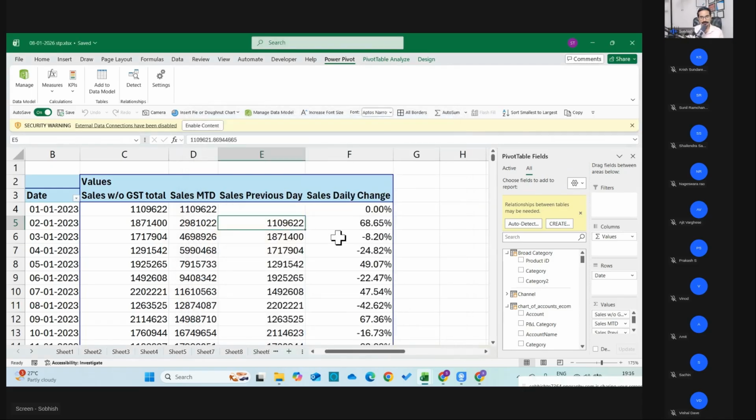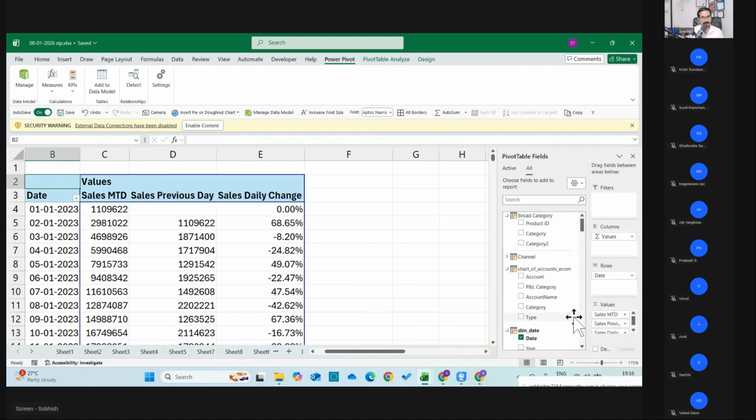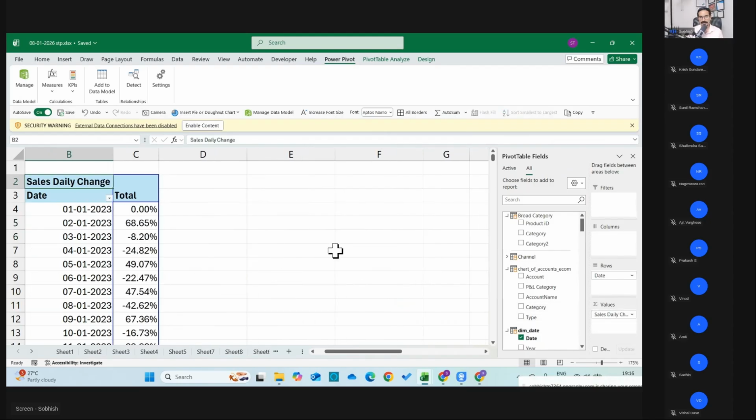Now this will give you the percentage here, right? So from 110, it increased to 187, which means there is a 68% increase. And then from there, it dropped by 8.2%. So if I remove this, and then if I just keep this, and then if I